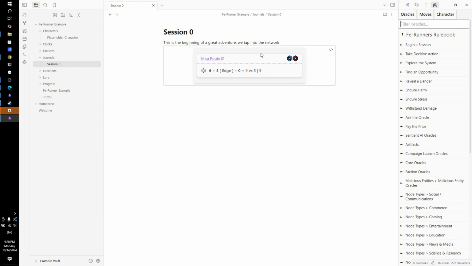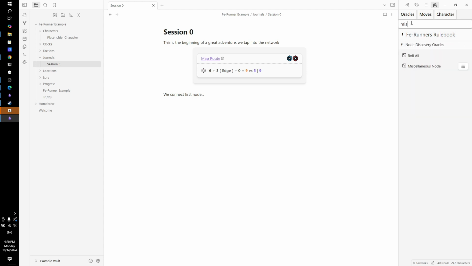Oh, and I do want to point out that this is already in our notes. So this shows your roll, and if you wanted to, you could just start typing about it. Well, we'll type it when we find out, but, you know, we connect to our first node. And then let's say that was, I think we're doing miscellaneous node. So if you want to roll on that,